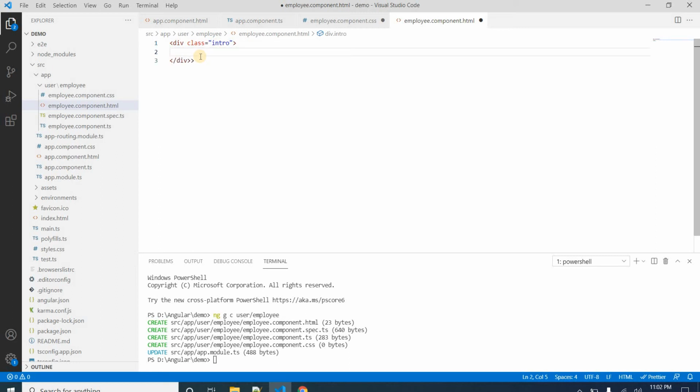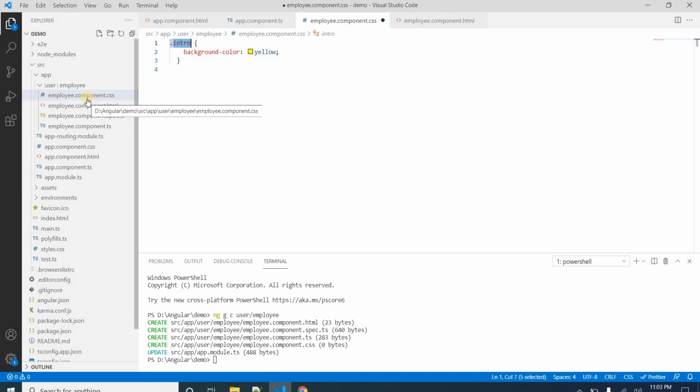Now let's say an h1 tag: I am in div. So now the background of this h1 tag, or this full div where the class is intro, should be yellow, because I have defined the .intro class inside the CSS file of the component.